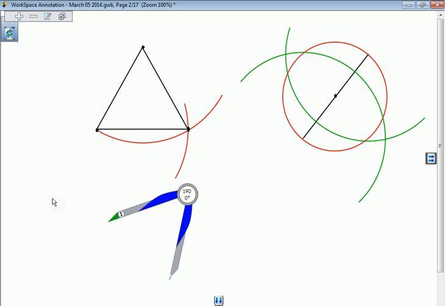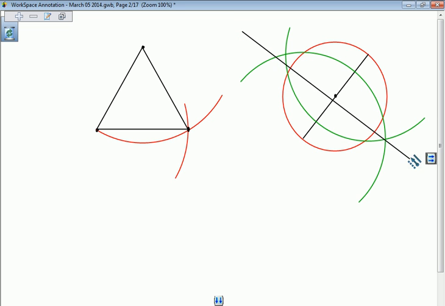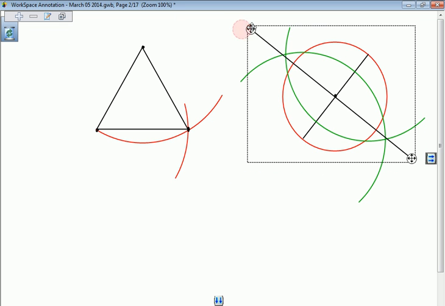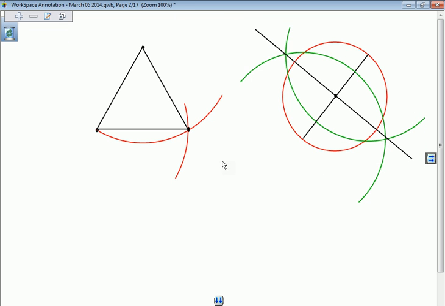And then we can draw through those two. I missed it. Oh, then where they intersect with the circle. Where they intersect the circle are the vertices